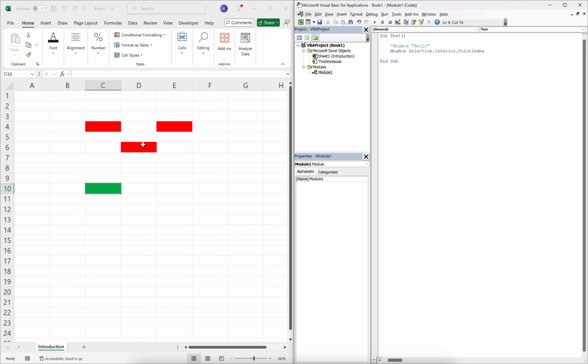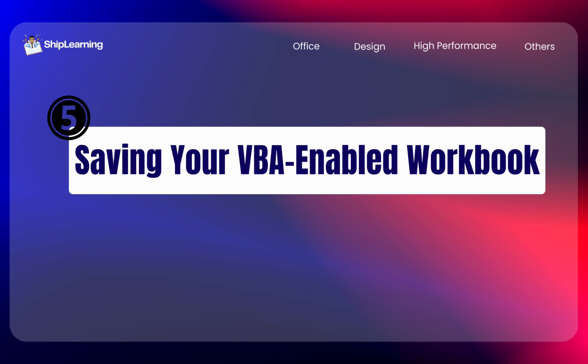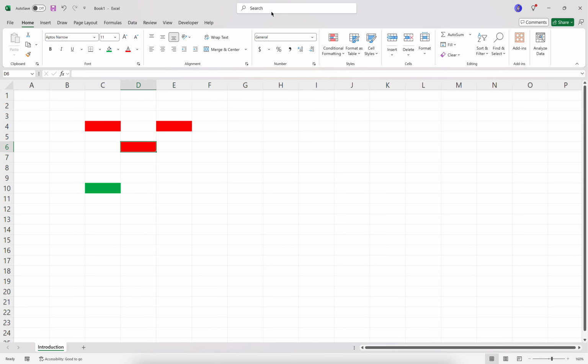You can experiment by selecting different cells, filling them with your favorite colors, and running the VBA code to check their color codes. Isn't that fascinating? Step 5. Saving your VBA-enabled workbook. One critical note. When working with the Visual Basic Editor, always save your file in the Macro-Enabled Workbook format, not